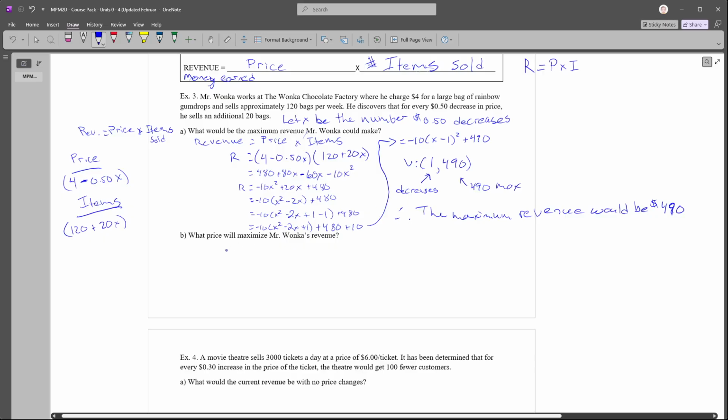So what are we trying to calculate? We're trying to calculate price. So let's substitute that decrease into our price formula right here. So since there is one decrease to maximize revenue,